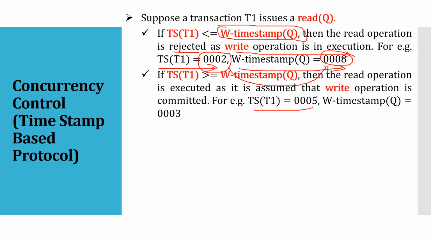Let us say TS of T1 is 5 and W timestamp was 3. So the W timestamp was till 3 o'clock, but you are given the timestamp of reading at 5 o'clock. This is possible because at 3 o'clock all the write tasks have been committed. We can assume that. So the read operation is allowed. These are the two different conditions on reading a particular data item. You just need to remember these conditions. Don't go for these examples. Simply remember that if the timestamp is less,